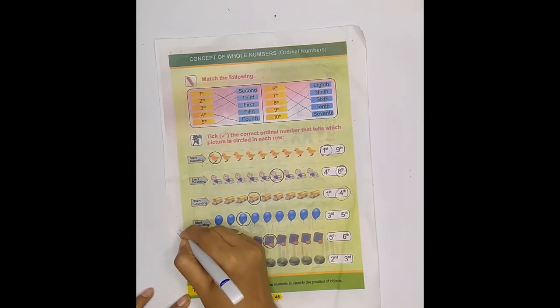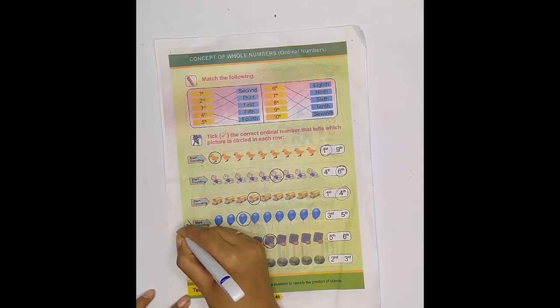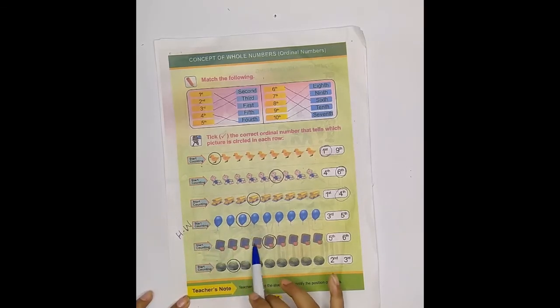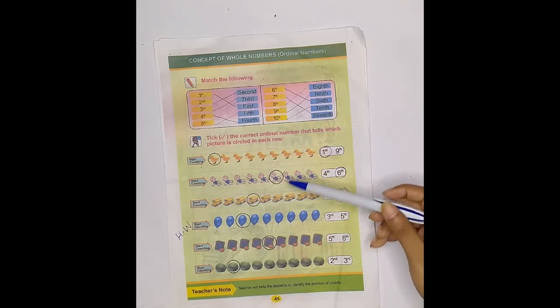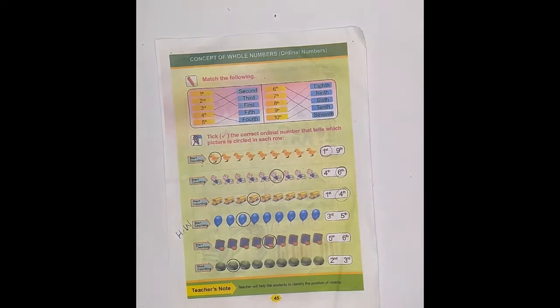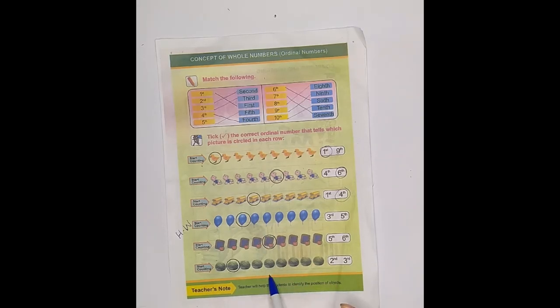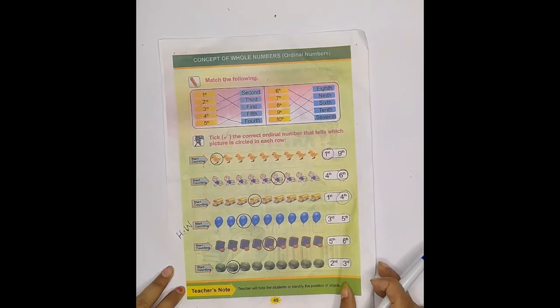Now, this is your home task, that you will do these exercises in the same way which I taught you. You have to do like this. Okay students, now your home task is page number 45, last 3 rows exercise. Next, your homework is you will write ordinal numbers. Now note down,